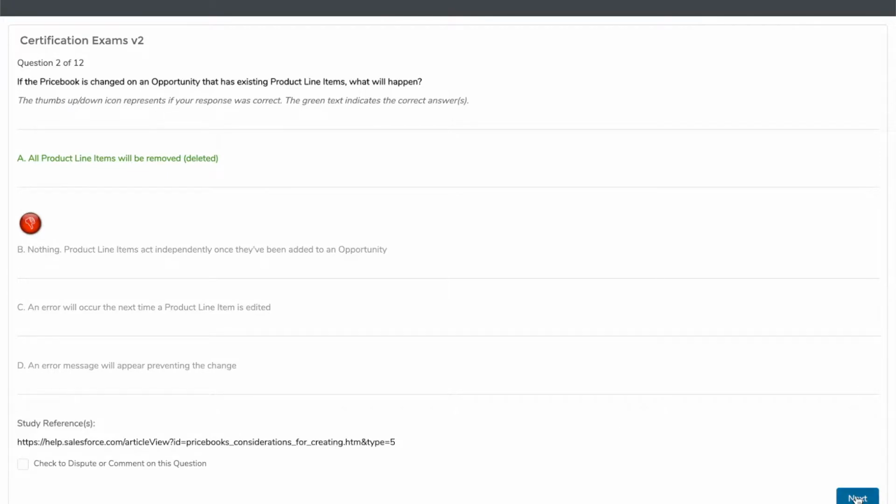Will it remove it from any closed opportunities? I think that's where I was thinking. That's a good question. I don't know if I know off the top of my head the answer to that, because it may just stop you from doing it.